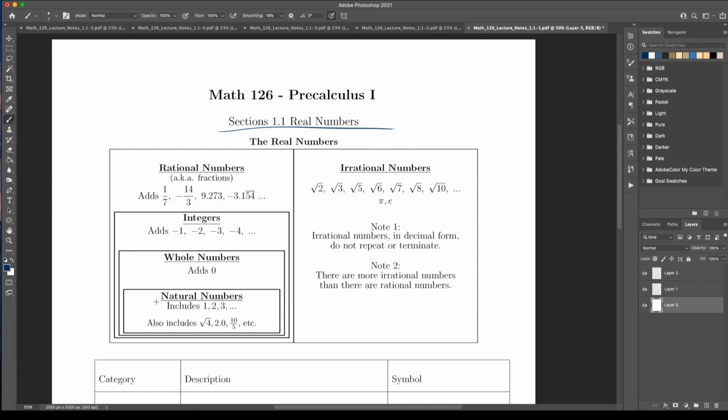All right, so let's talk about real numbers. Real numbers are any number you can think of. If you can think of a number, it's a real number. The only thing above this is complex numbers. Are there other systems beyond this? Yeah, there are, but you don't need to worry about them.